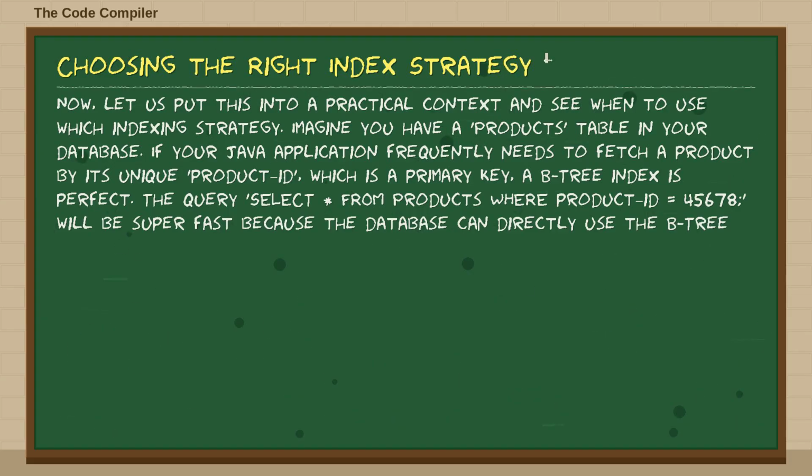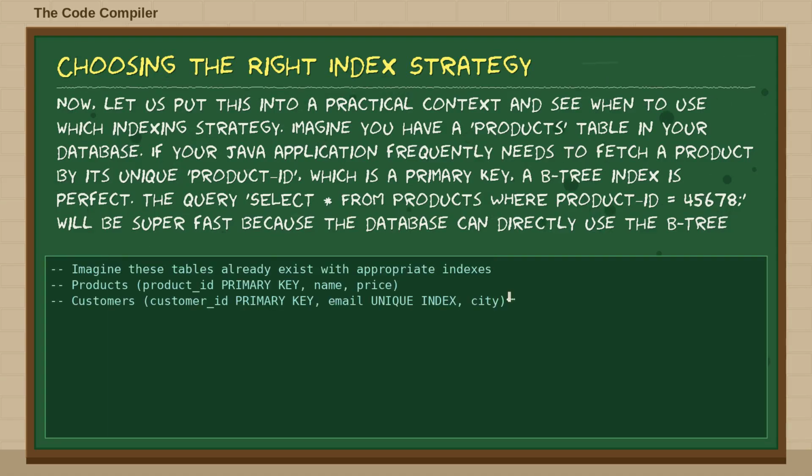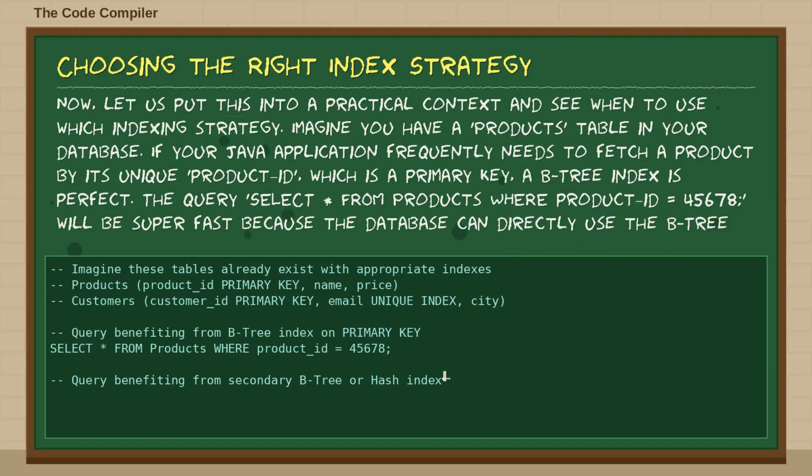On the other hand, if your application often searches for customers by their email address, and email is a frequently queried, unique column but not the primary key, a hash index or a secondary B-tree index on email would be highly beneficial. For example, select asterisk from customers where email is equal to john.doe@example.com would execute much faster. The key is to analyze your application's most frequent queries and identify the columns used in where clauses, join conditions,